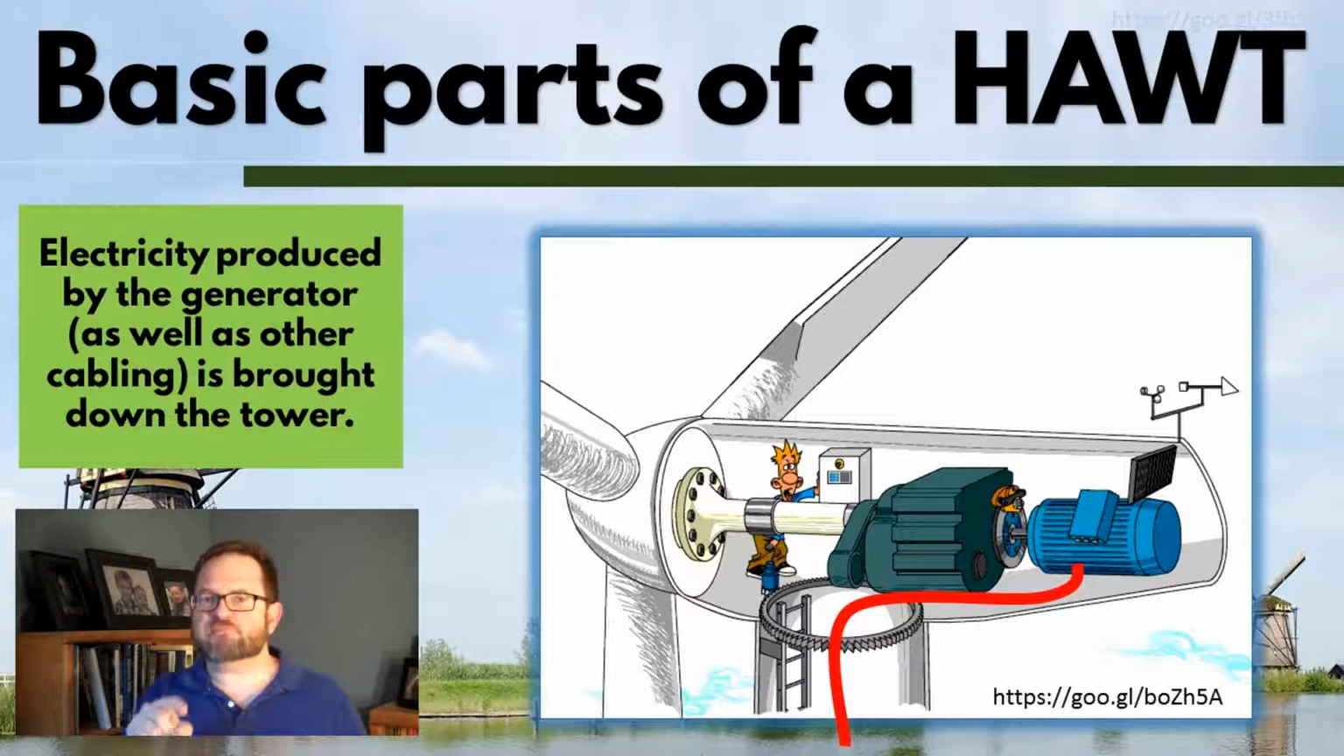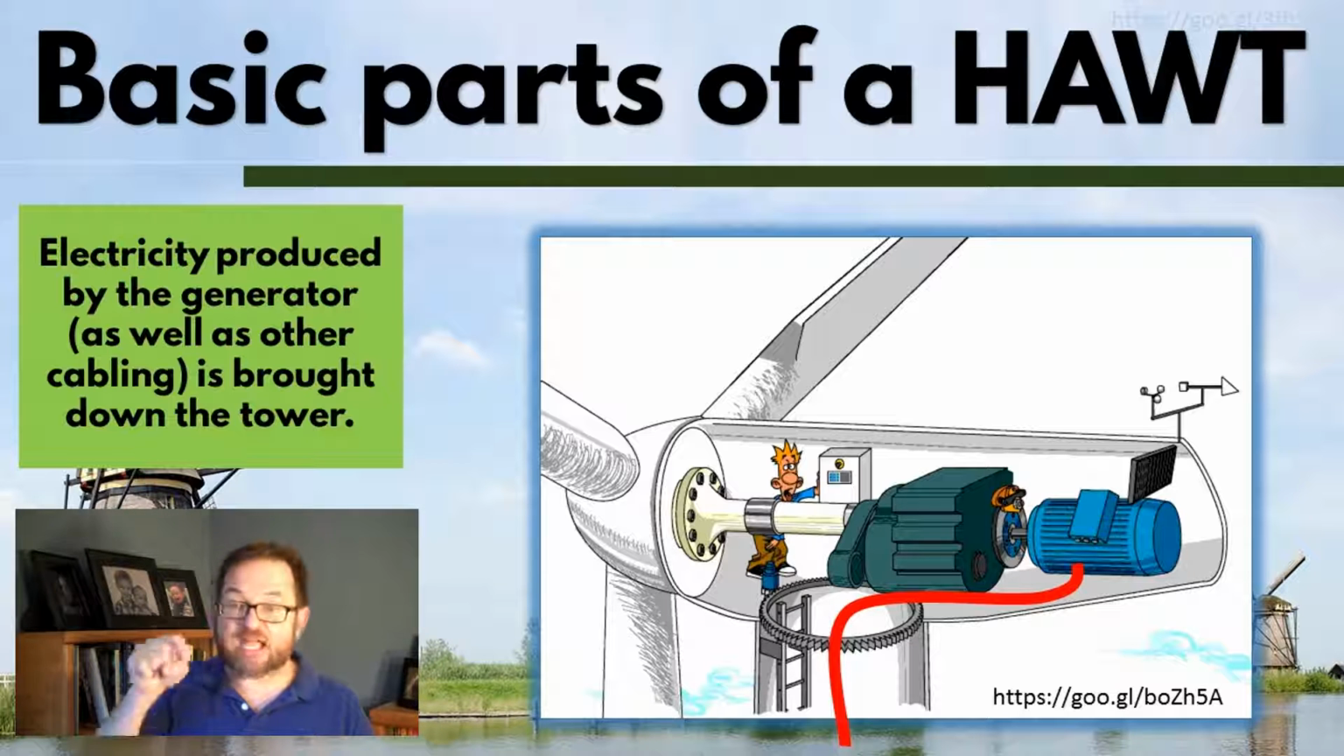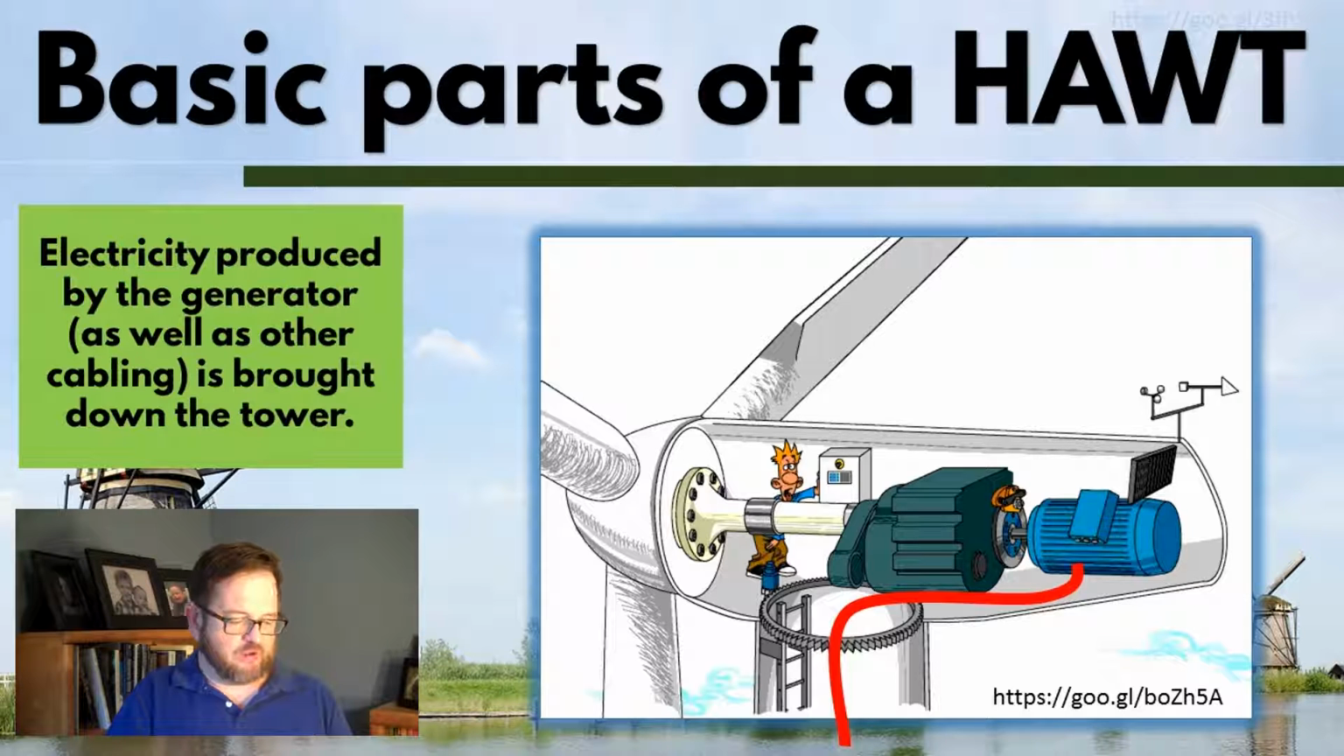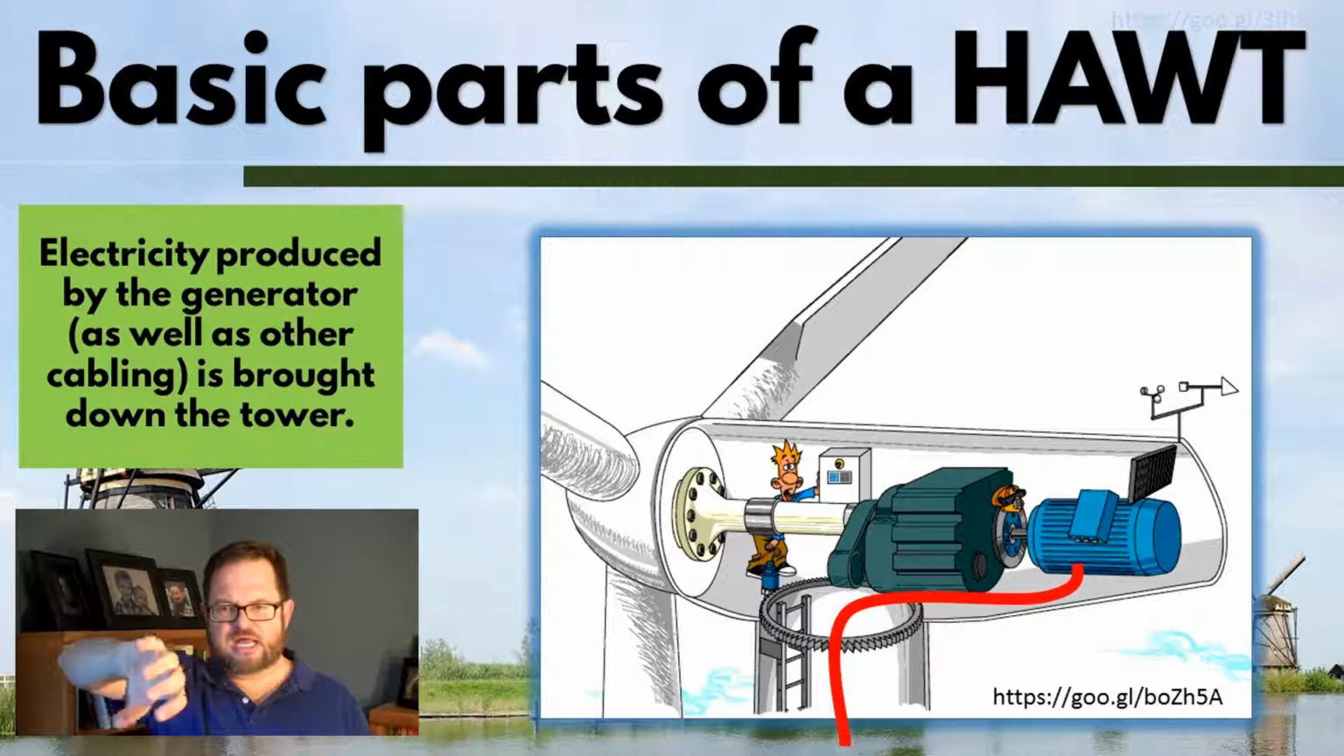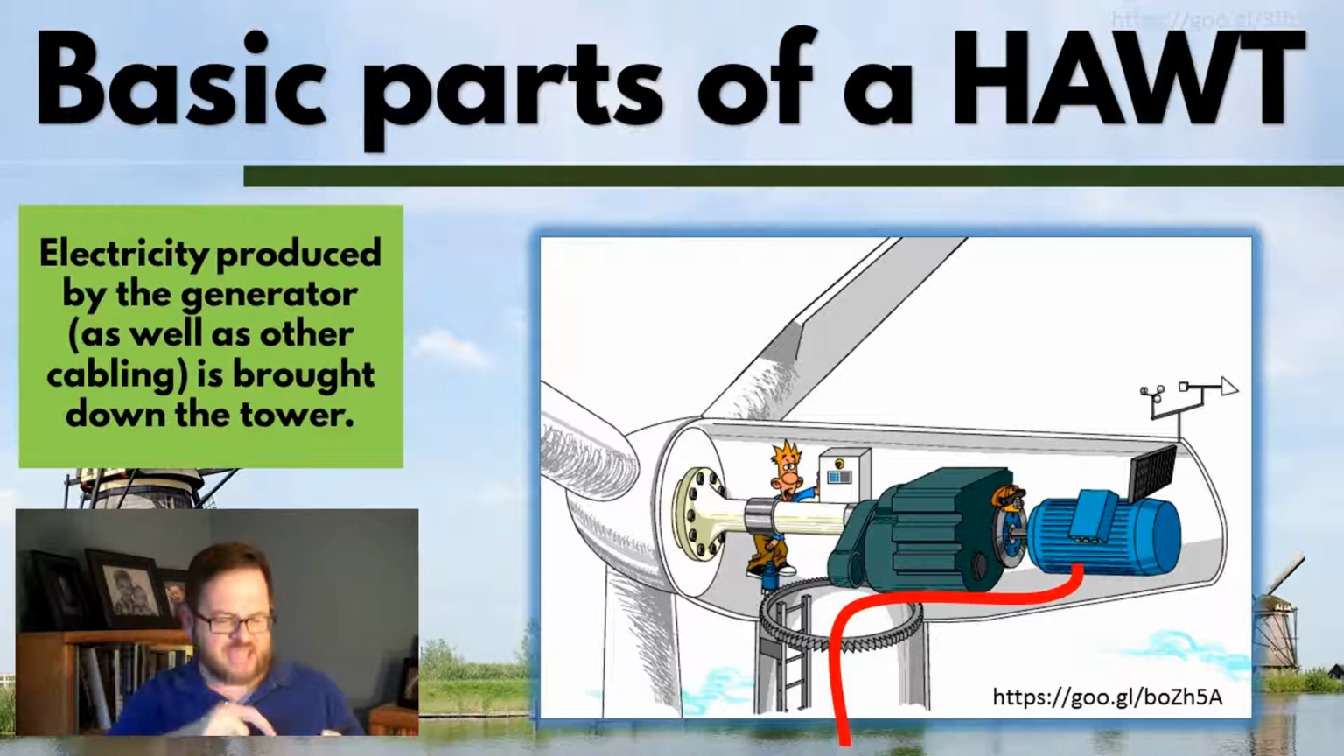Now, the electricity that's being produced by the generator needs then to come down the tower, which I've illustrated there with that wire. There's also other cabling that needs to come down the tower, cables that are getting data from the sensors and measurements from the gearbox and things like that. And I don't want you to get the idea that these are just wires. Think more like a garden hose. They are thick cables with big, thick insulation around the outside, and they have to work their way